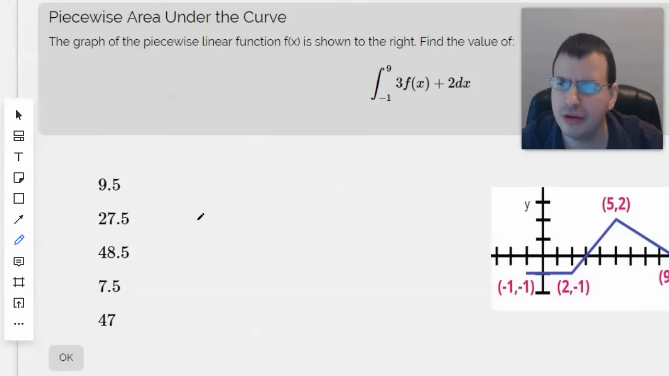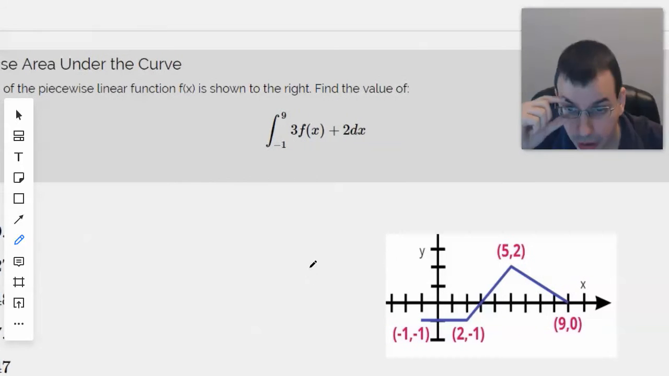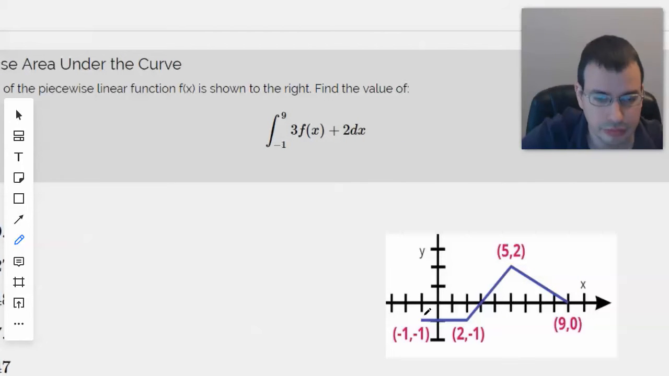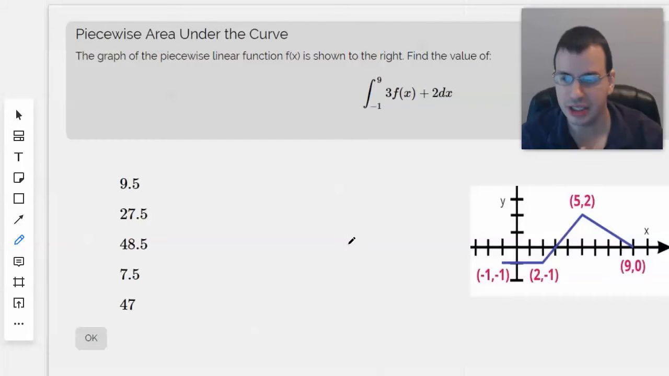The graph of piecewise linear function f of x is shown to the right. Find the value of the integral from -1 to 9 of 3f of x plus 2 dx. Okay, so this is basically just working with